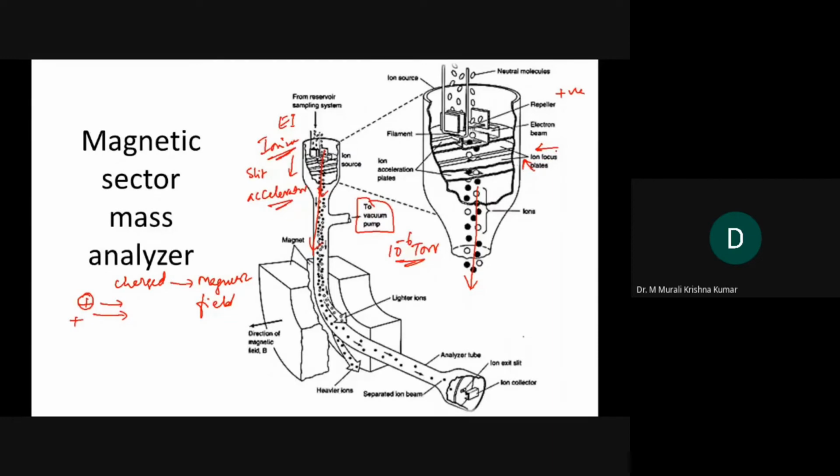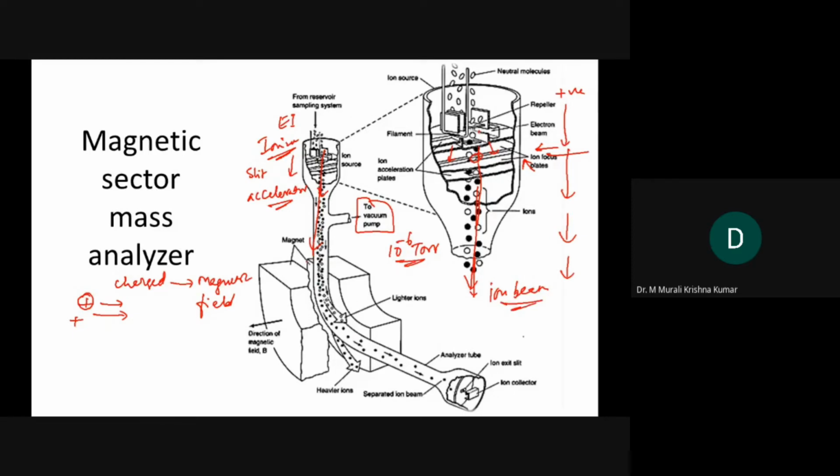So thereby positive ions will be attracted towards the plates, and then they will achieve a fixed velocity. Because there is a slit here, that's the reason why they will escape through that. Some of them may fall here and they will die. The remaining ions will move in this direction. So this is what we call an ion beam. This concept we have seen in the last class.